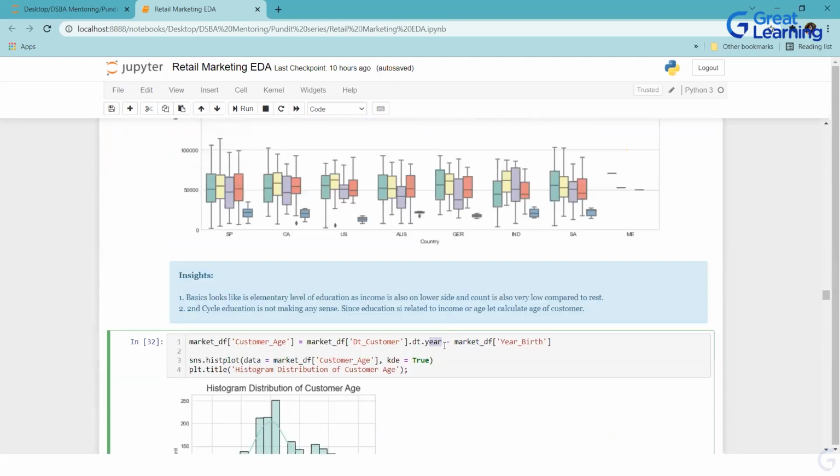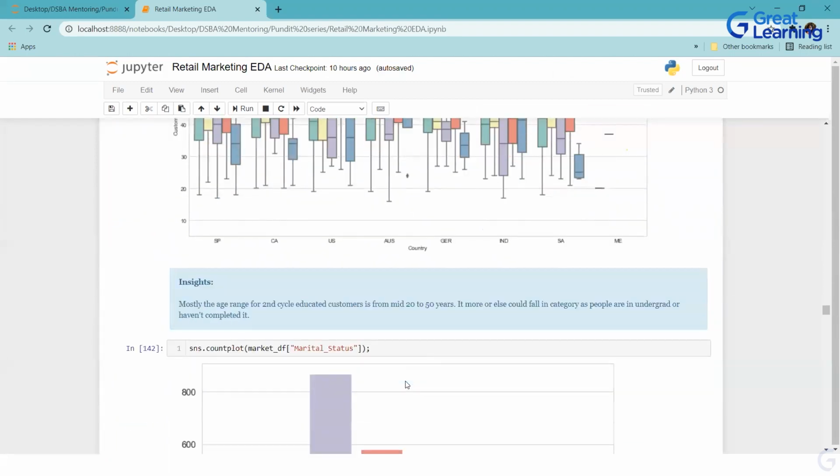No, it won't be on the same year. It is from the customer; I am taking the year and then subtracting the birth year. So for that specific customer, when he enrolled and so on. We can have a perception while doing analysis, whether they dropped out or later continued. So that perception is always there. Your data science works on a lot of assumptions. That's what we are trying to do over here.